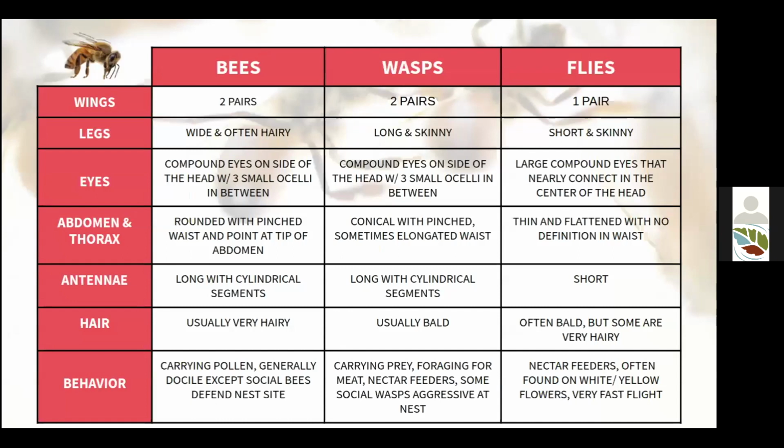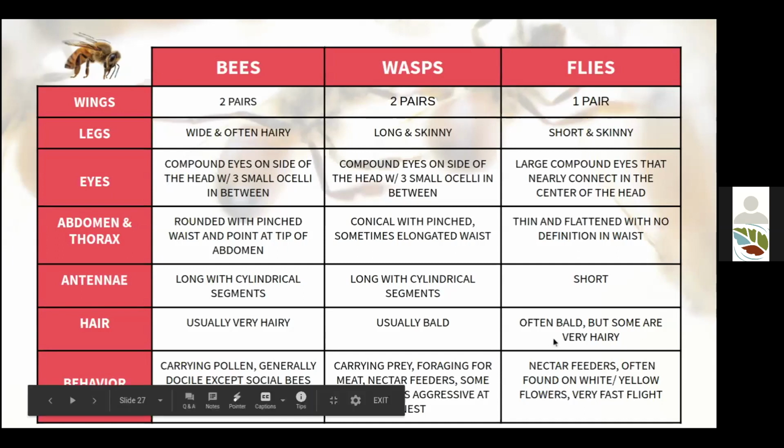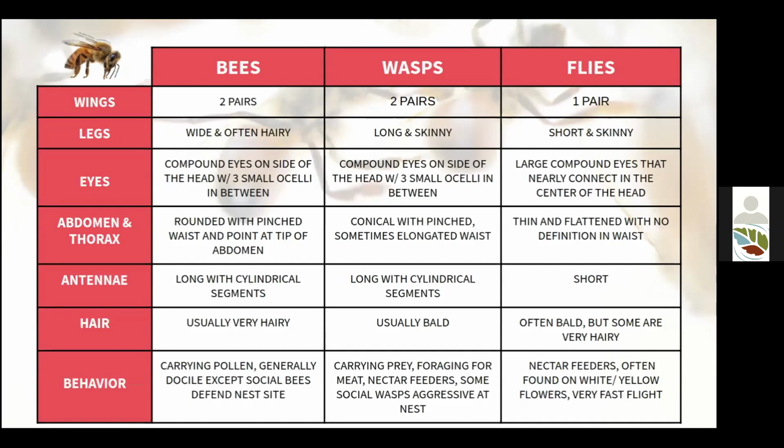Okay, so telling the difference between bees, wasps, and bee mimicking flies can be a little bit tricky, but there are some general tips and things to look for when you're site identifying. And I'm not going to go through every point in this table, but you'll have access to it to help you troubleshoot or make certain identifications as you're going.